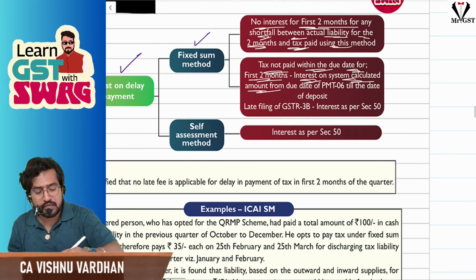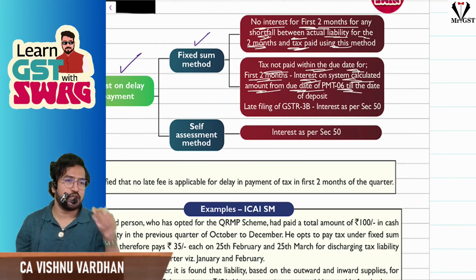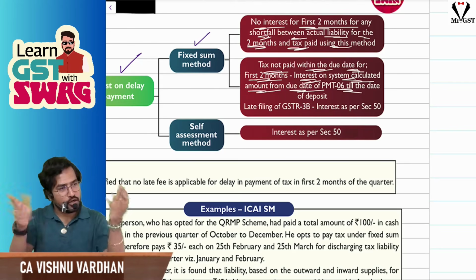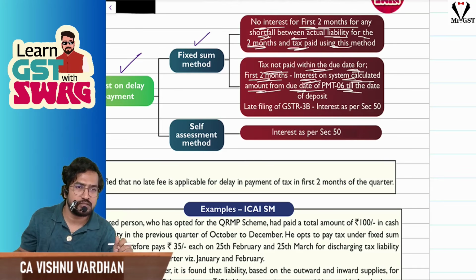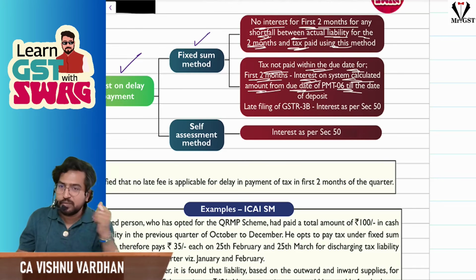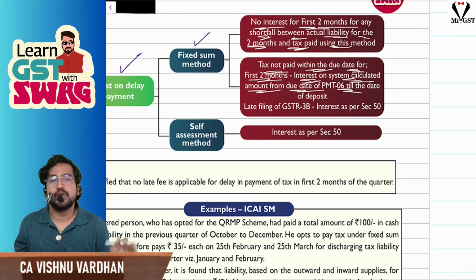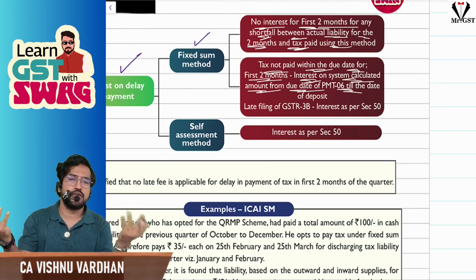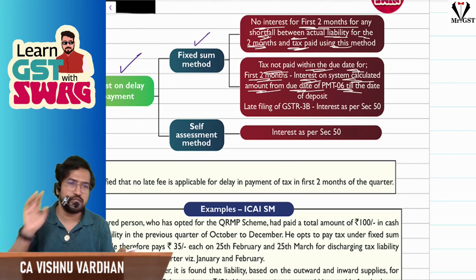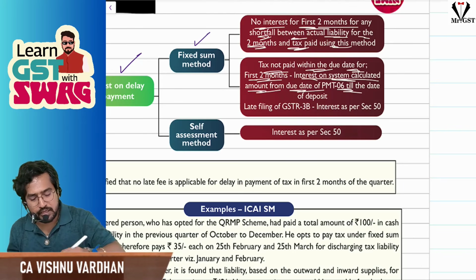Interest on system calculated amount. System said 40, that also you did not pay. See, there are two things: shortfall or not paid at all. Here, the shortfall concept itself will not come. I cannot say you paid less because whatever system said you paid. No, you cannot say you paid less for first 2 months. Interest will not come. First 2 months, system is saying, right, first month 40, second month 40. If you did not pay that, then interest will obviously come, no? On 40 rupees, whatever system said, on that amount, yes, there will be interest on the system calculated amount